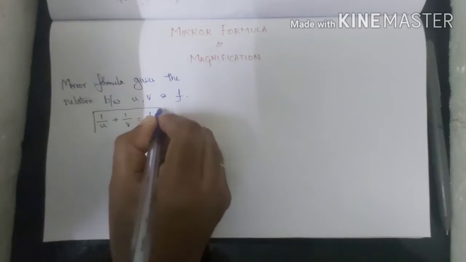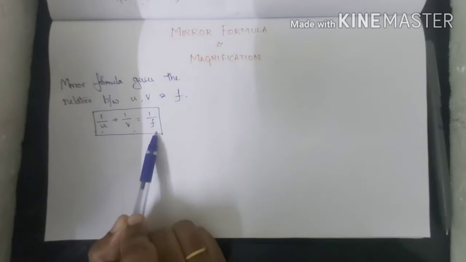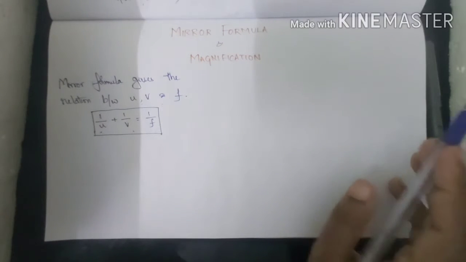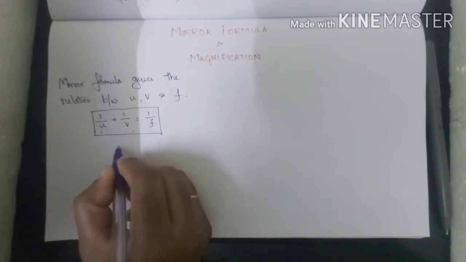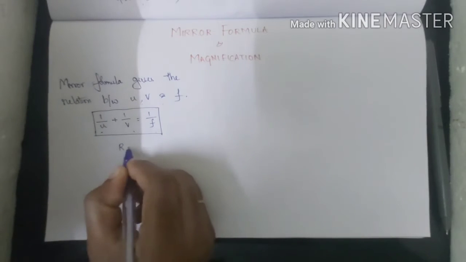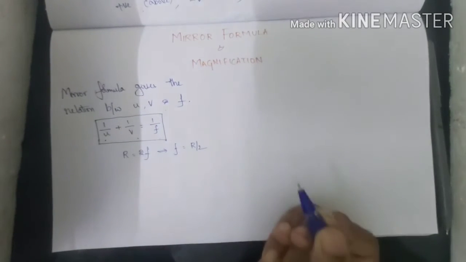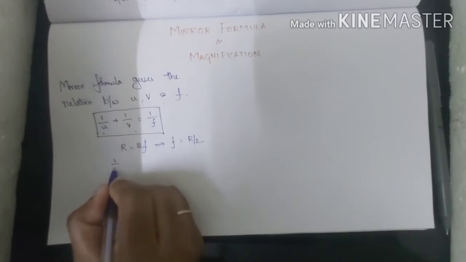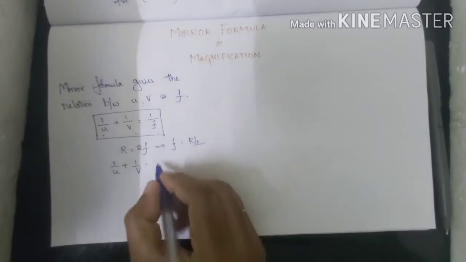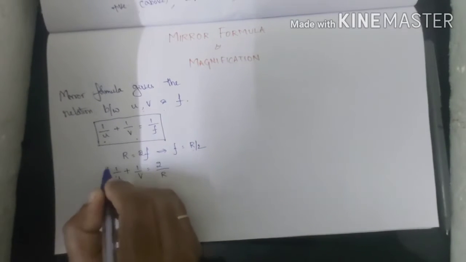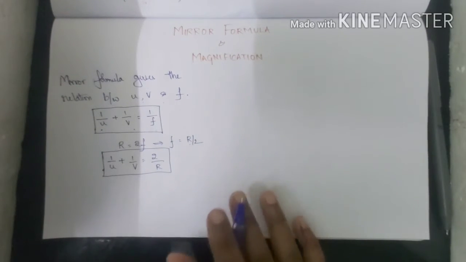So this is the mirror formula, which will give you the relation between the object distance, image distance and the focal length. If you don't know the focal length of a mirror, you can replace this with the radius of curvature. We already know that radius of curvature is related with f as r is equals to 2f, which means f is equals to r by 2. I'm just substituting over here. So 1 by u plus 1 by v is equals to 1 by f, so this entire term gets reciprocated and becomes 2 by r. This is one more formula. Depending on the type of problem or the given data, you can use this formula.